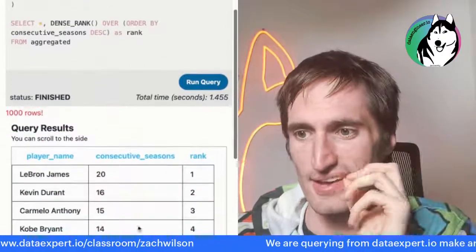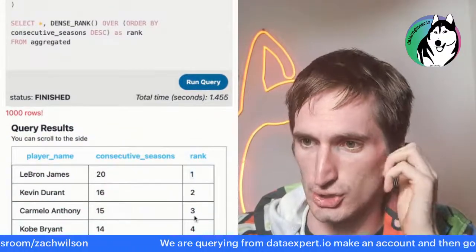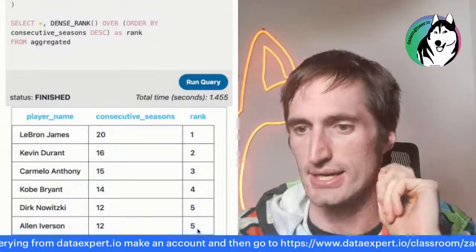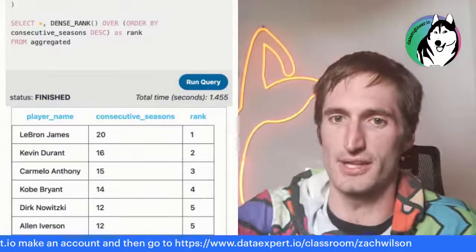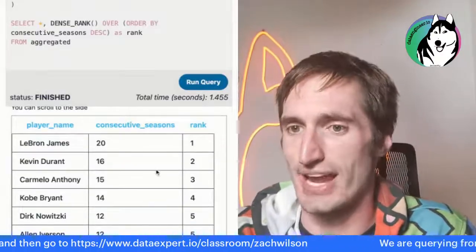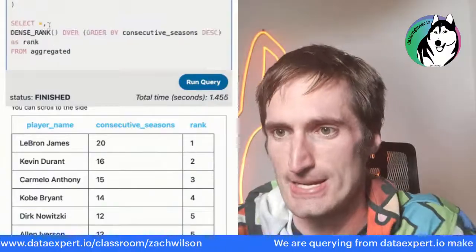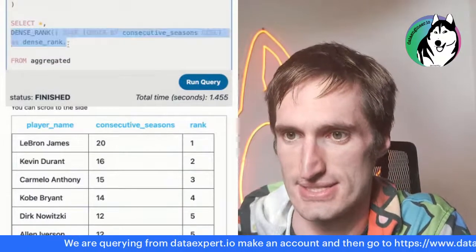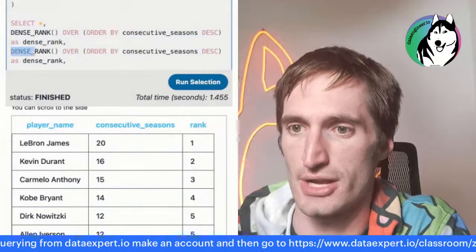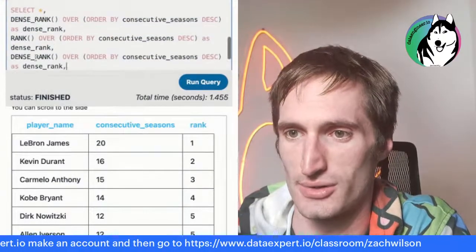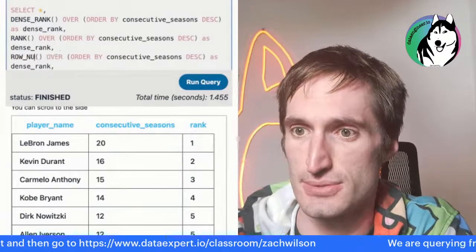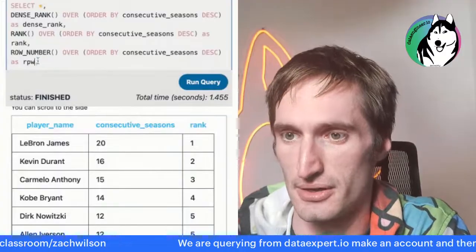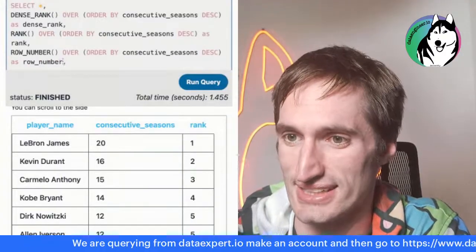Okay, so you see, here's LeBron James with his 1, 2, 3, 4. And you'll see here's 2 people with a tie, right? So one of the things I wanted to go over with y'all is how rank versus dense rank handle ties. So let's call this dense rank so we can compare the differences between these things. If we call this rank, and then we're going to call one more here, we're going to call this row number. So these 3 functions do very, very similar things, but they are slightly different in the